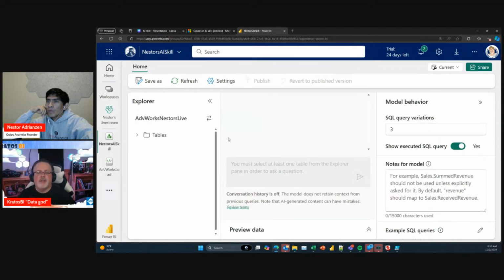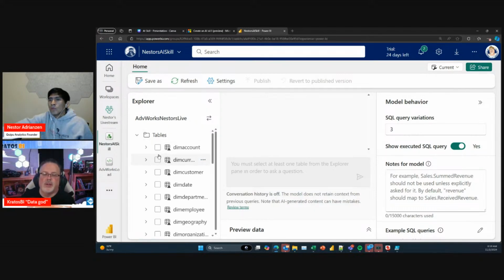And this is our build out that we're going to be doing here. Okay, so I've got all of my tables that are available here. I'm going to let you know straight up, if you didn't do the warming up of the tables like I did, you might find that this doesn't expand or collapse for a few minutes.